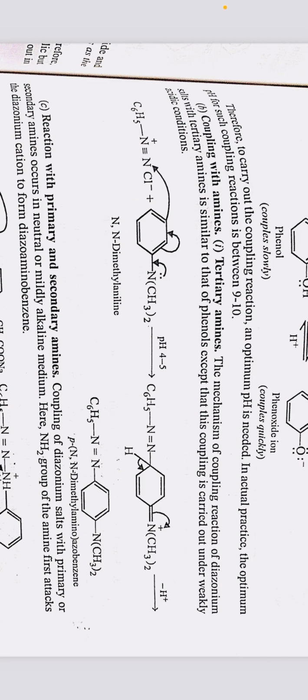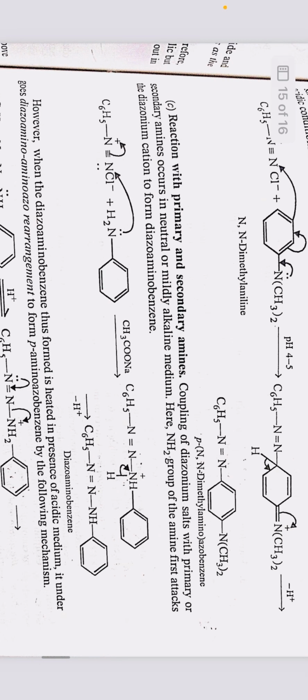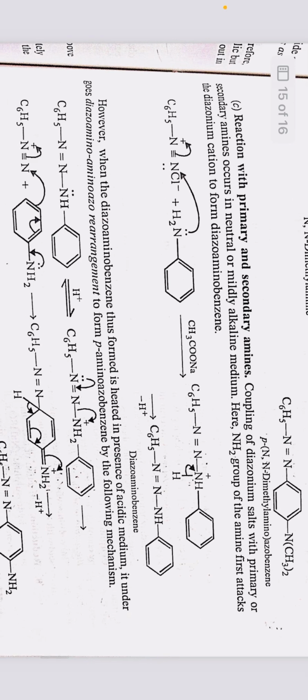Coupling with amines, that is tertiary amines. The mechanism of the coupling reaction of diazonium salts with tertiary amines is similar to that of phenols, except that the coupling reaction occurs under weakly acidic conditions. Reaction with primary and secondary amines. Coupling of diazonium salts with primary or secondary amines occurs in neutral or mildly alkaline medium. Here, the NH2 group of the amine first attacks the diazonium cation to form